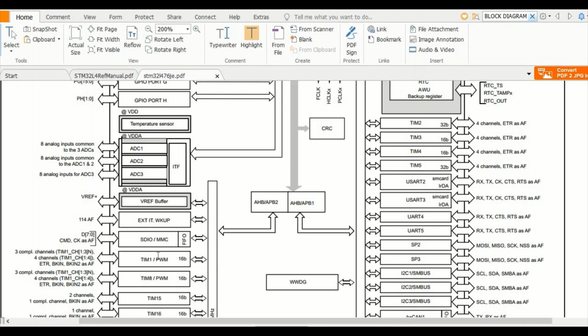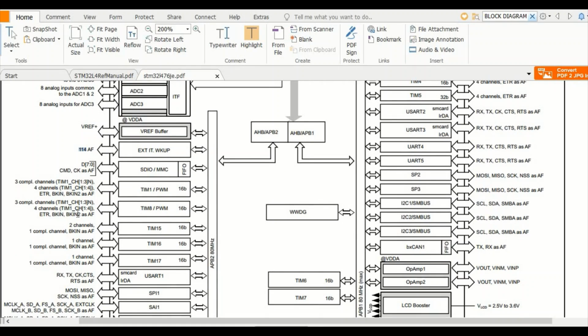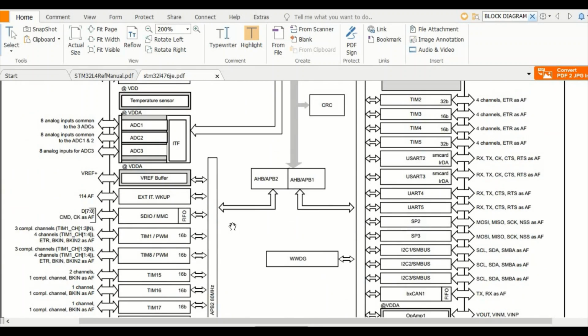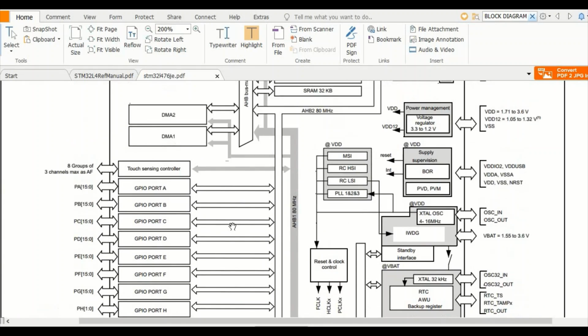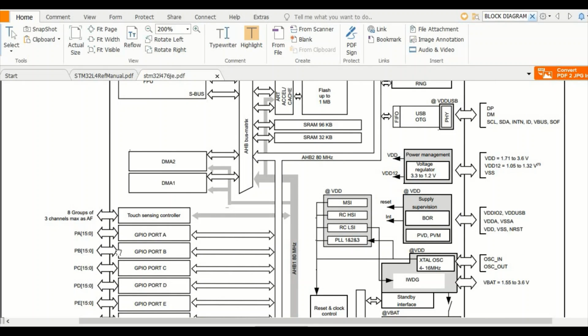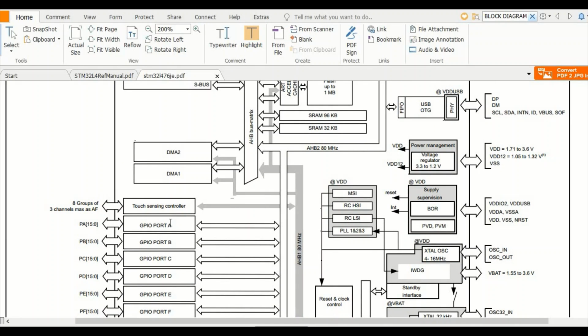These are peripherals like timer 1, timer 8, PWM, timer 15, ADC and GPIOs also. So for this GPIO, we will be setting it for GPIO port A, because we have the LED pin on PA5, that is port A 5th pin. So we want to set its clock.